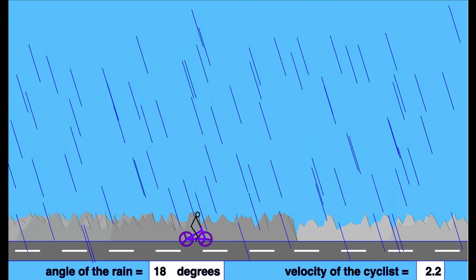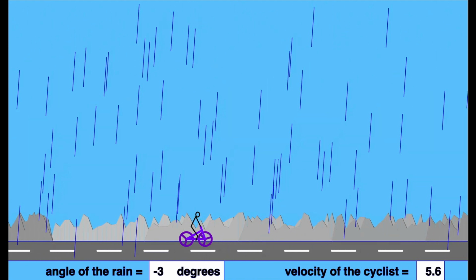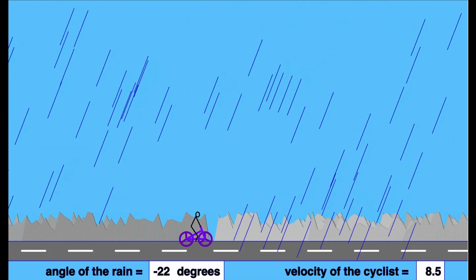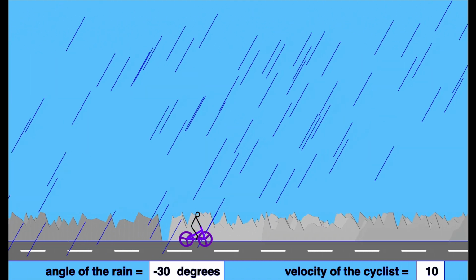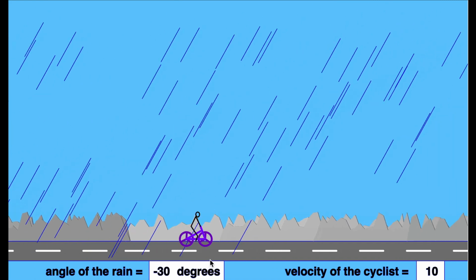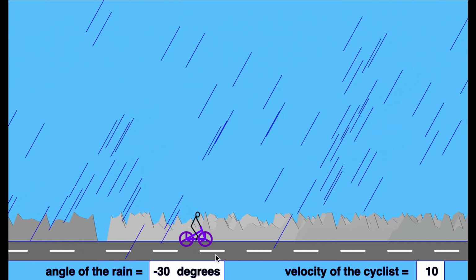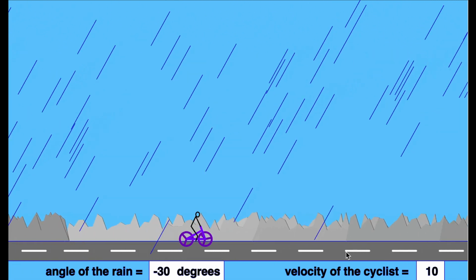And I increase the cyclist velocity in this direction. As you can see, the rain acquires a velocity to the left until when the cyclist is moving at 10 meters per second, the rain is now coming down at an angle of minus 30. This is a simple program that I wrote